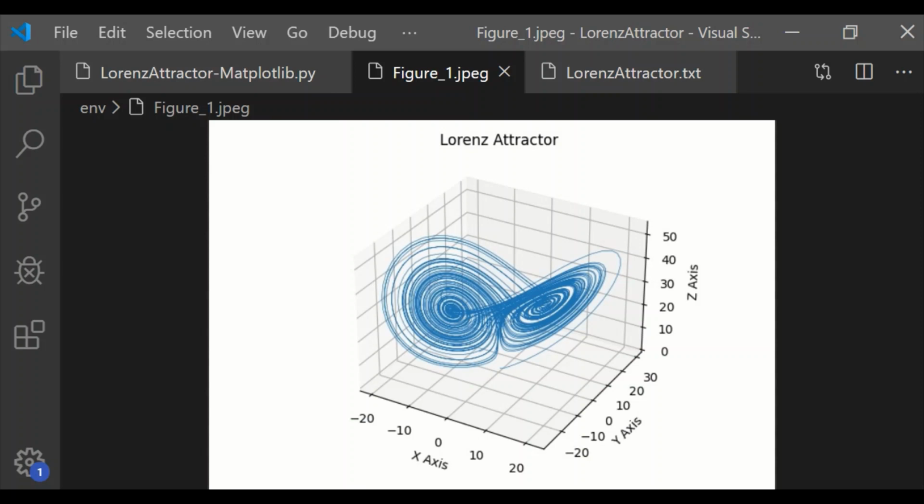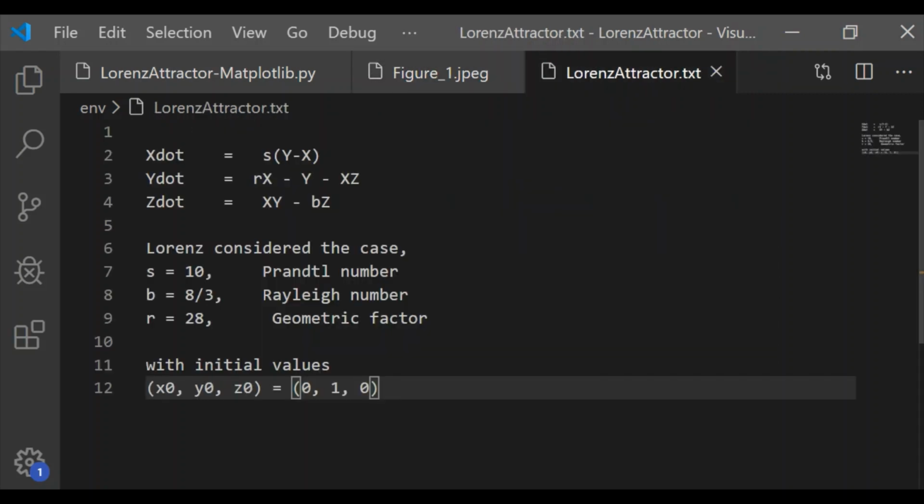The image that we see is the Lorentz attractor, which is an irregular aperiodic oscillation. When the trajectory is viewed in three dimensions, it appears to settle onto a thin set that looks like a pair of butterfly wings. The uniqueness of this trajectory is that it does not cross or merge even when time t tends to infinity. Lorentz achieved that by using the formula as displayed: x dot, y dot, z dot, which